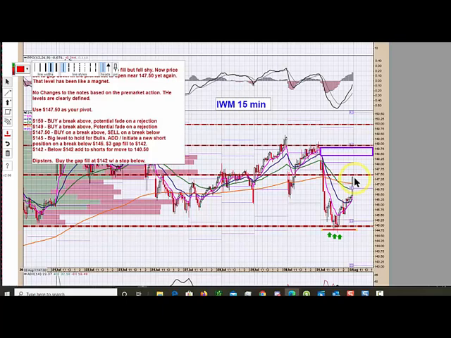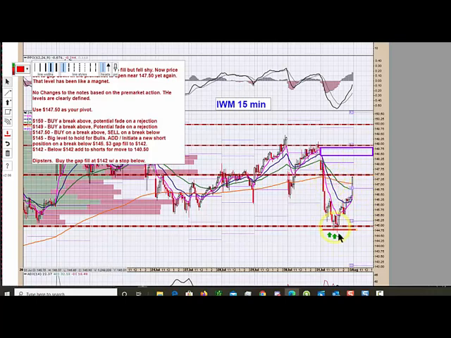Break of a key level and support held at a key level. That is active trading. So I hope you got that. I hope you took advantage of it. If you didn't, study that pattern, carry it forward,